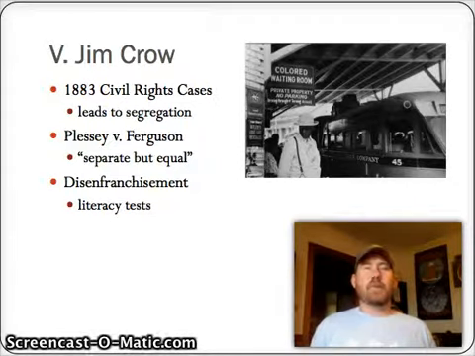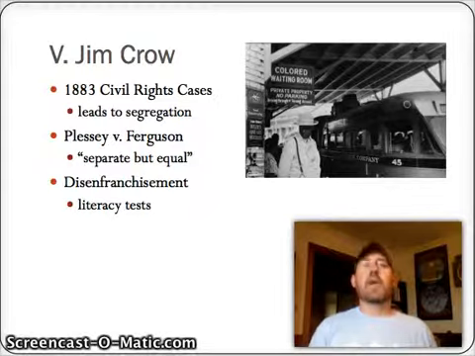Alright, now before we actually get to the main topics of period 6, I want to do a little cleanup from period 5, and it's a couple of things that I don't think are in the review book, but if they are, they're somewhere else. So these are things that are going to play a little bit of a part, or a big part, in events that we talk about going down the road, but they happen within this time period.